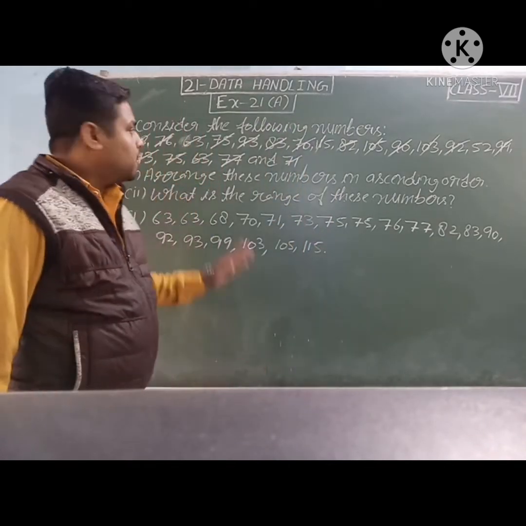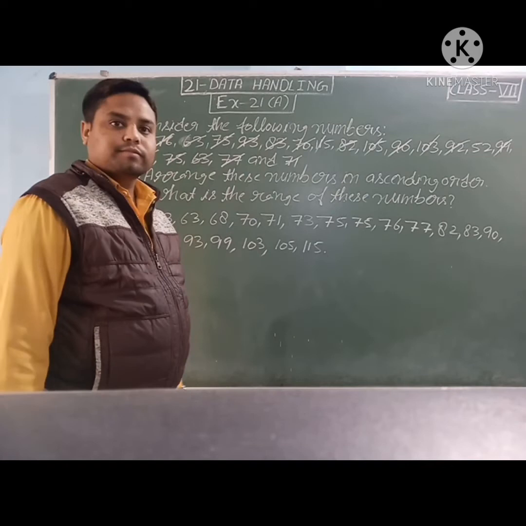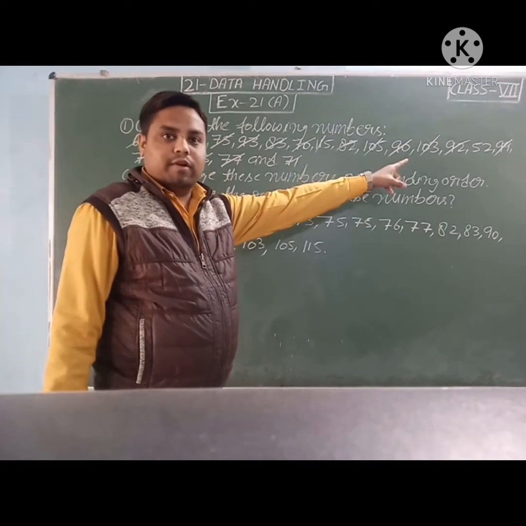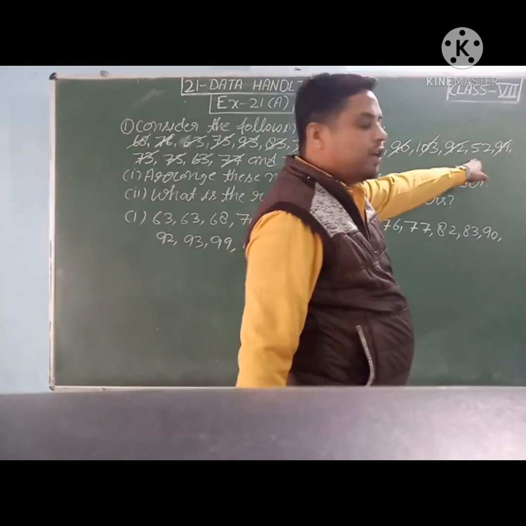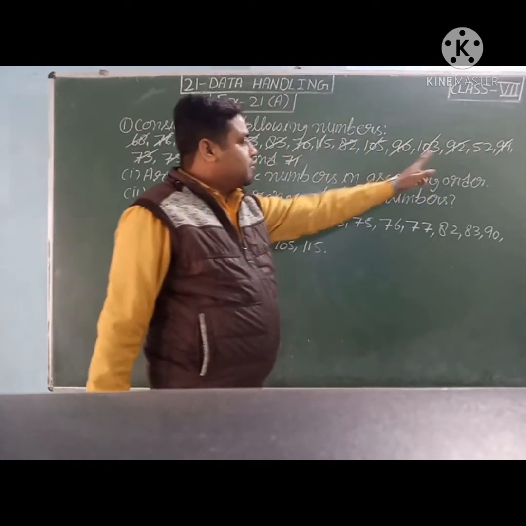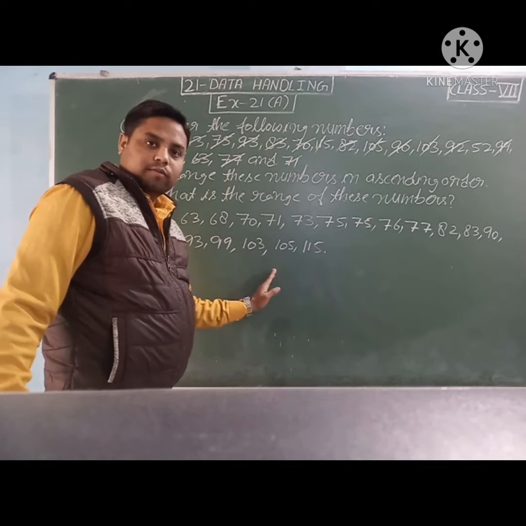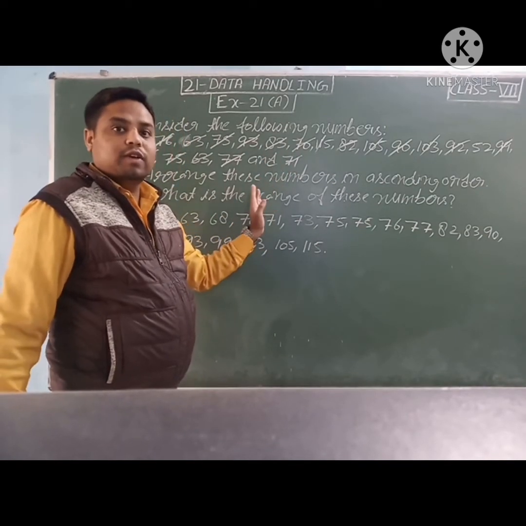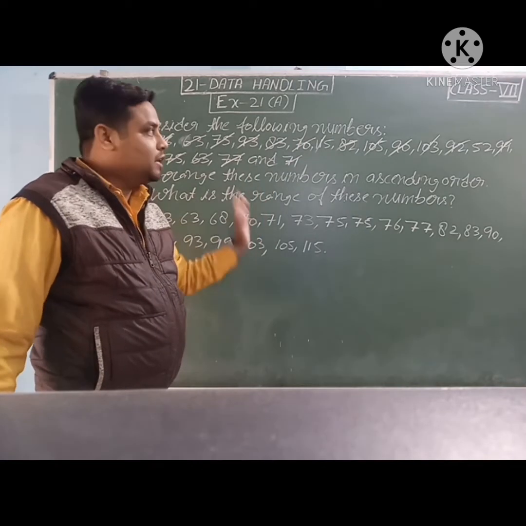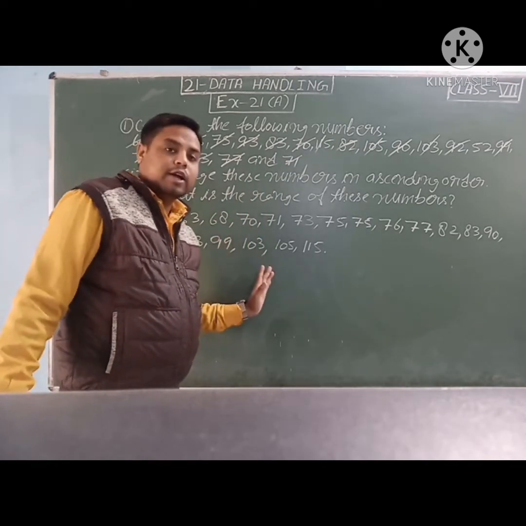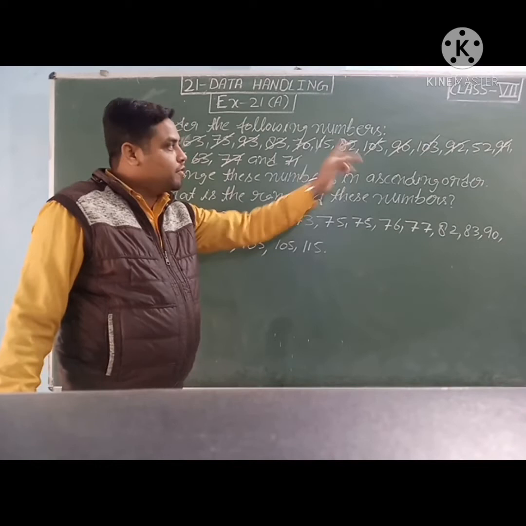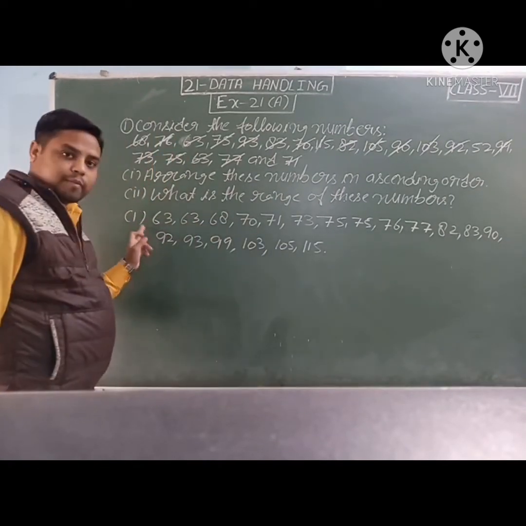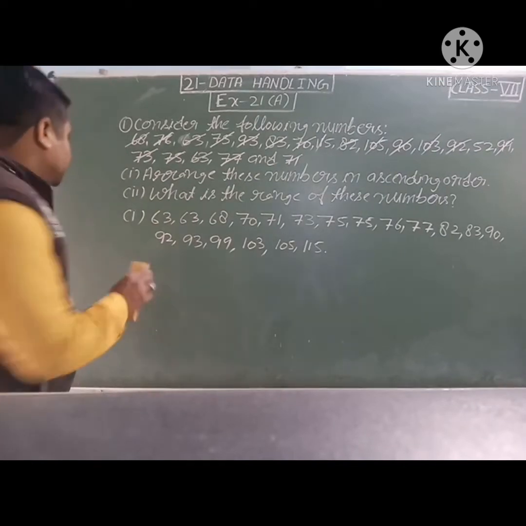Students, once check all numbers are cut. Check this. One number is left. That is uncut. 52. It means the 52 has not been written in this. In this way we can cross check this. If any number is left to write here, that will be uncut. It means 52 is left. So 52 will come here. So we will write 52.